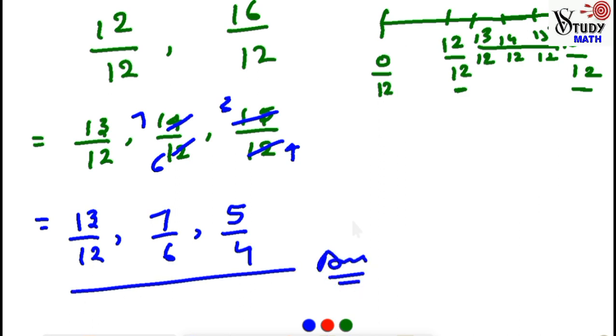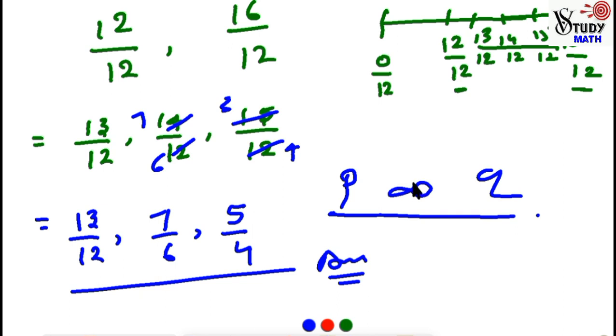So my dear students, you are thinking one thing. In the previous question I solved the question with 1 by 3 and 1 by 4 and found 3 rational numbers. Those 3 rational numbers are different and these 3 rational numbers are different. So what is the right answer? So my dear students, between two rational numbers P and Q, I'll tell you one thing, infinite numbers lie here. So the answer will never be the same. Some students put some other rational number, some students put another rational number, and some students put other rational numbers. Different methods give different rational numbers between them. We have to make sure our calculation is correct. Okay, is it clear to you? Okay.